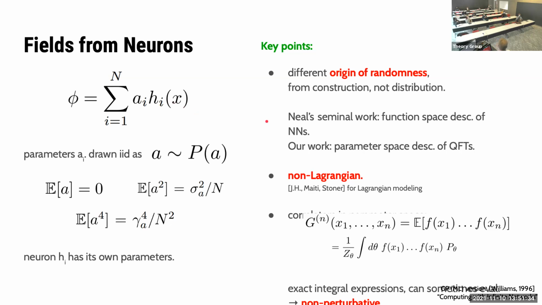In that sense, is it not the same origin of randomness? It's a path integral over the Fourier modes; if I do d phi, I can think of it in either position space or momentum space. It would be like drawing from d phi of p for every p, but with fixed functions h_i of x, which are just like e^{ikx} or whatever. If you want to think of it in a mode expansion, maybe that's a different way to cast it in the same language, but it's not just drawing directly from the function space density. That's my